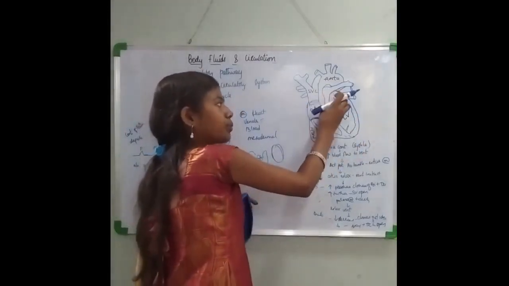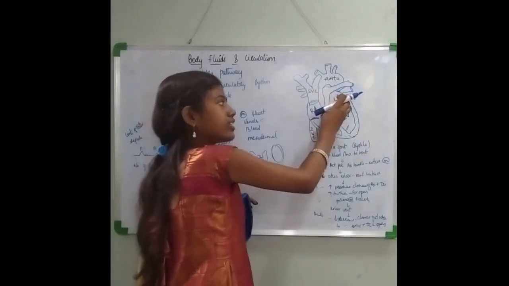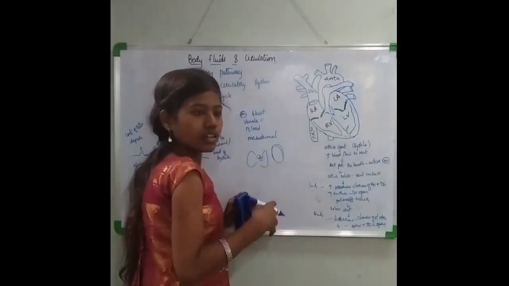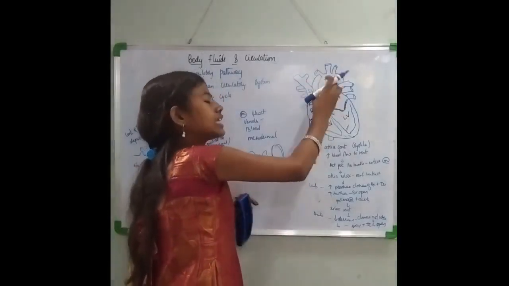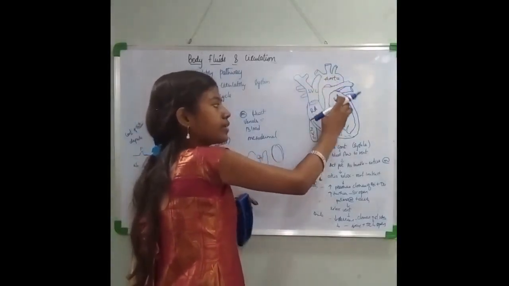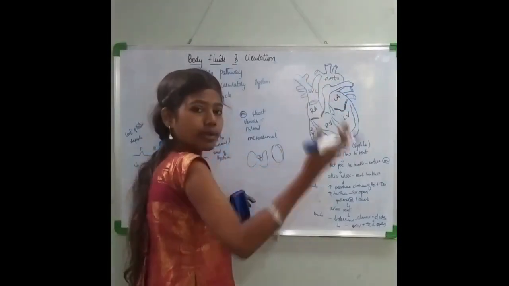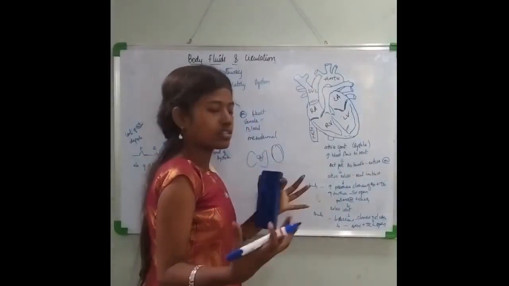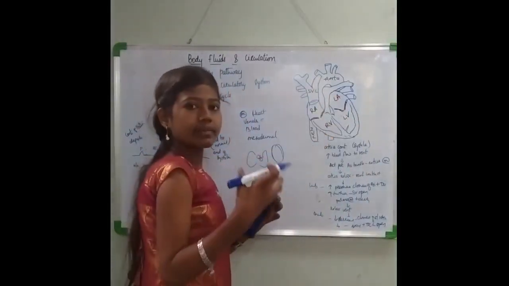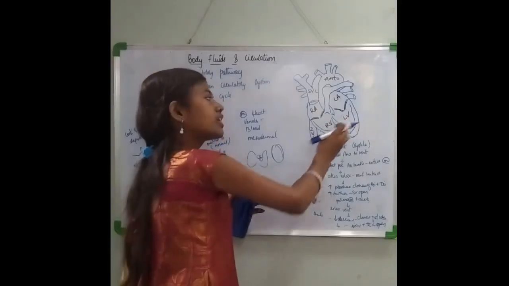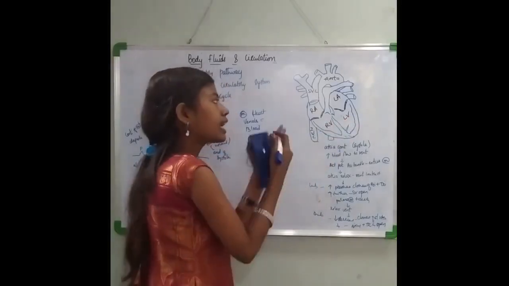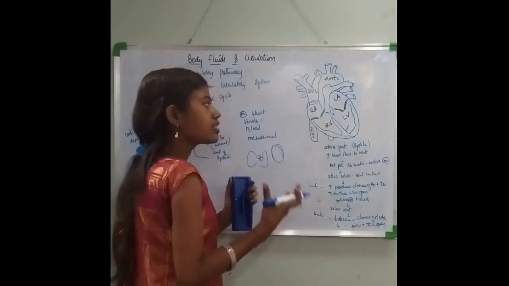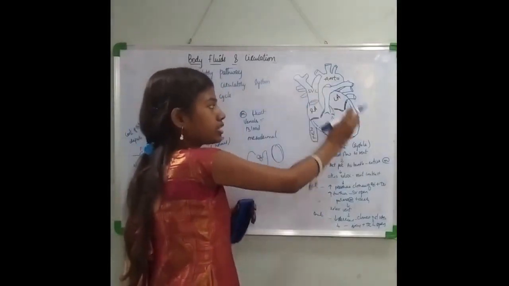Now these two atria are separated by the interatrial septum, whereas these two ventricles are separated by the interventricular septum. Okay, and the sides, right? If I talk about the right atrium and the left atrium, the atria and ventricle are separated by the AV septum, which is also called the coronary sulcus. Two atria are separated by the interatrial septum, two ventricles by the interventricular septum, whereas atria and ventricles are separated by the coronary sulcus. So this is the thing about the heart.